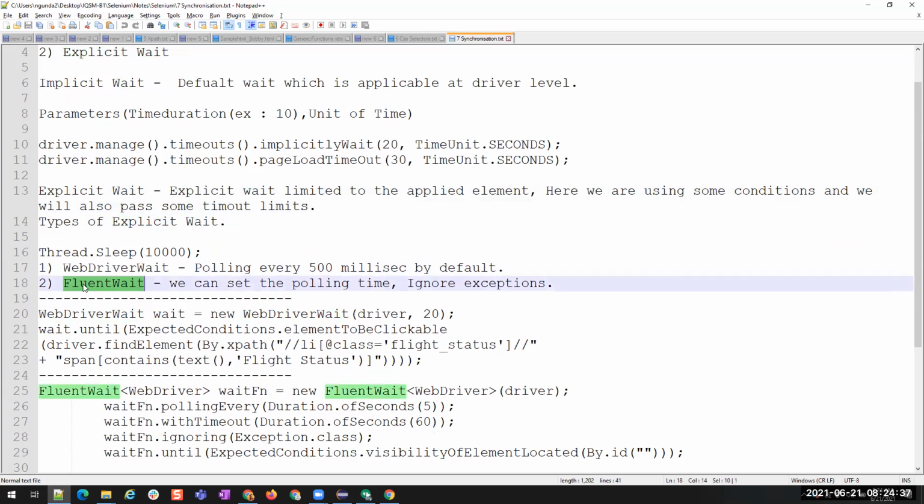These are the two classes supporting the synchronization concept in Selenium. And then we have another explicit wait which is called Thread.sleep. Here we are not applying any conditions, but we are completely making the system halt for the time that we mention here. This is also to stop the execution for a particular time. Understood?